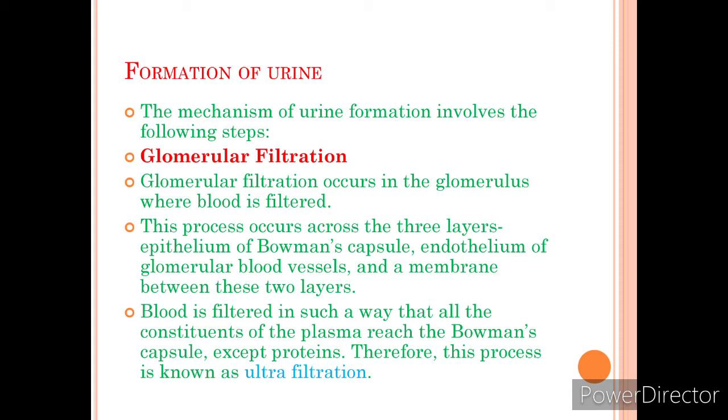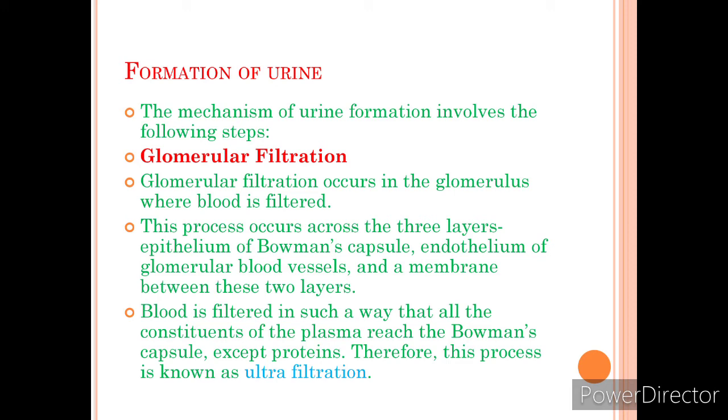And the filtrate in the glomerulus is very similar in composition to plasma, with the important exceptions of plasma protein and the blood cells. So how does filtration take place? Filtration takes place because there is a difference between the blood pressure in the glomerulus and the pressure of filtrate in the glomerulus capsule. And the next one, this is very important, the efferent arteriole is narrower than the afferent arteriole. So that's why the capillary hydrostatic pressure is about 7.3 kPa, or we can say 55 mmHg.